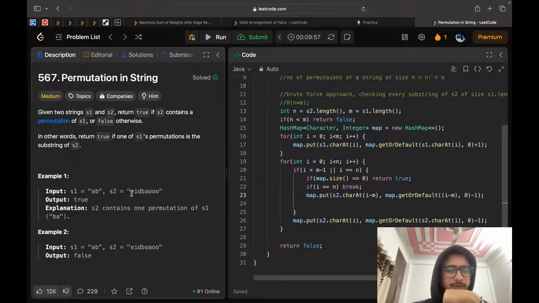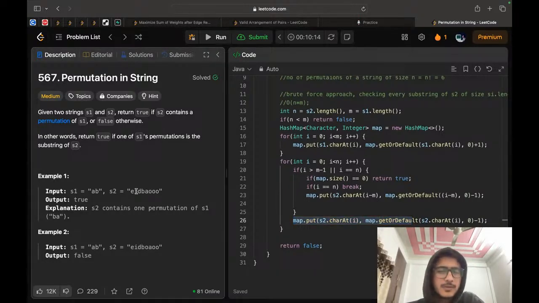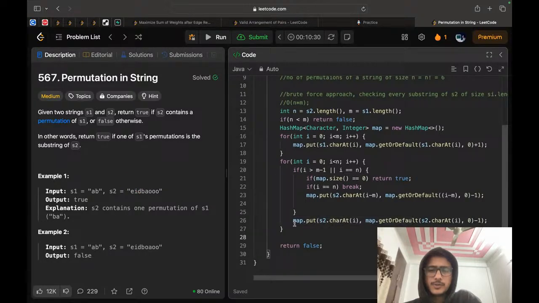Suppose I have reached the 0th, 1st index. For 0 index, I will put s2 in the map. Now I is 1. For this also I will put into the map. Now my I will increase, so